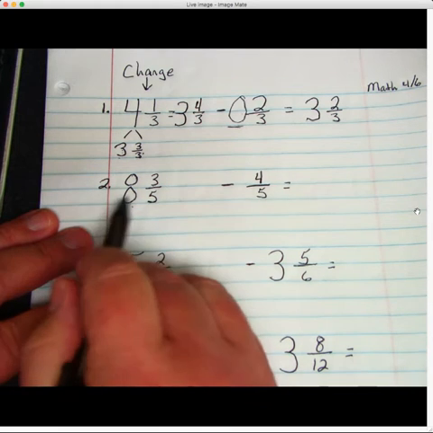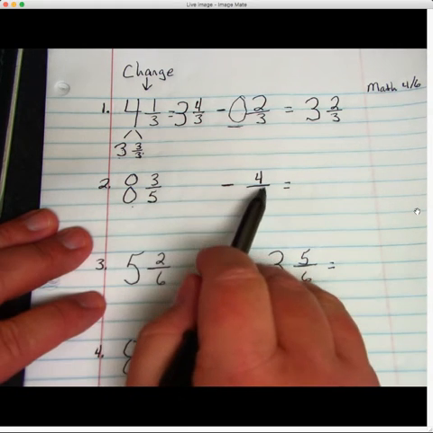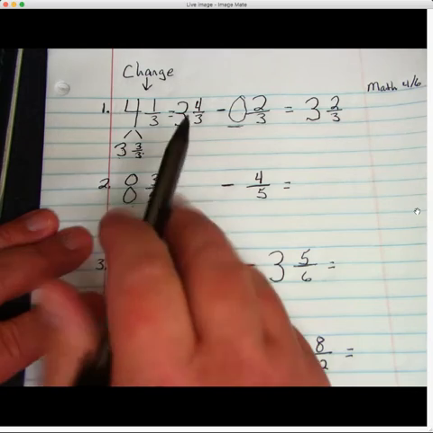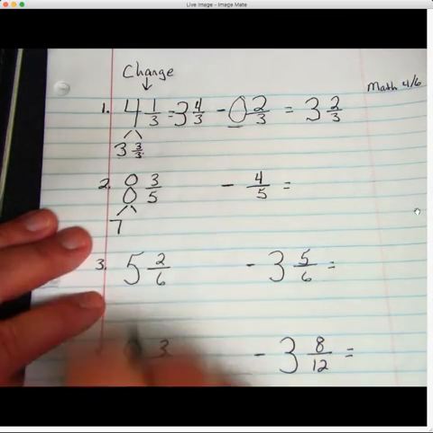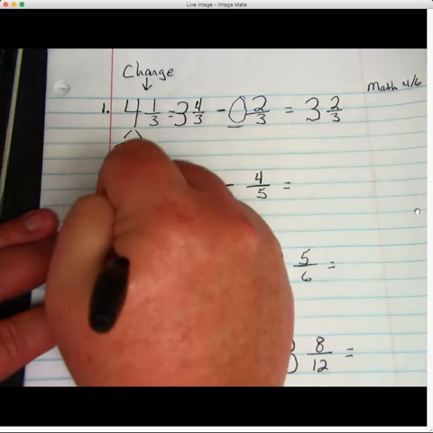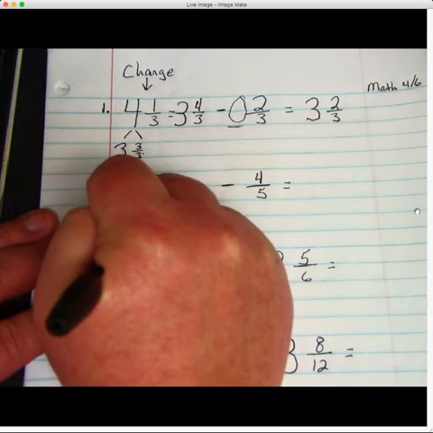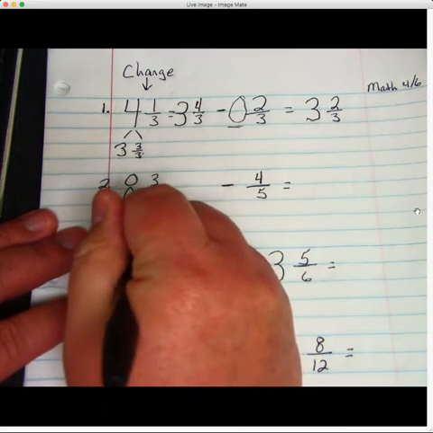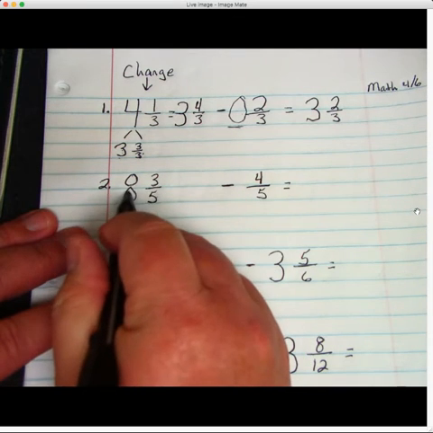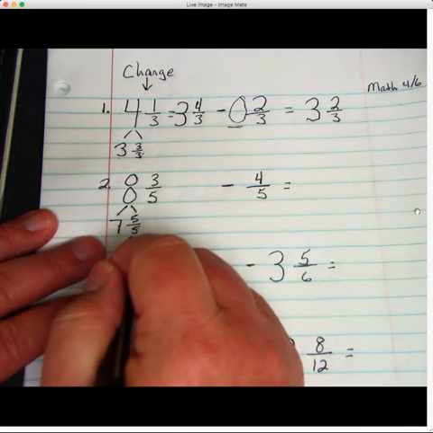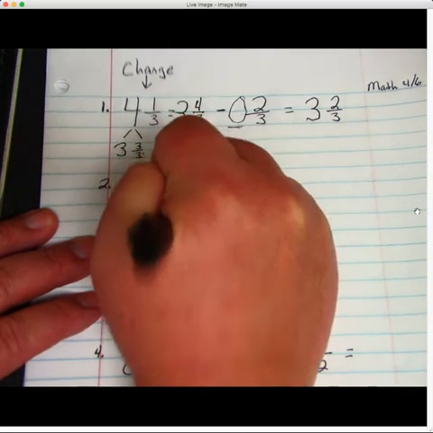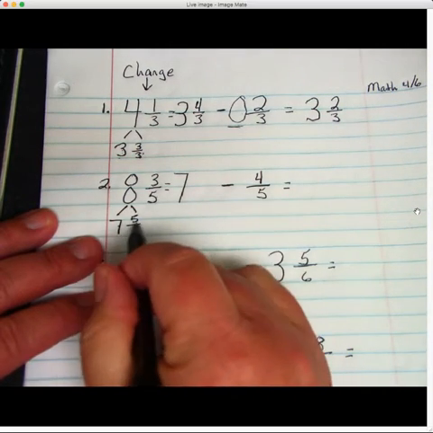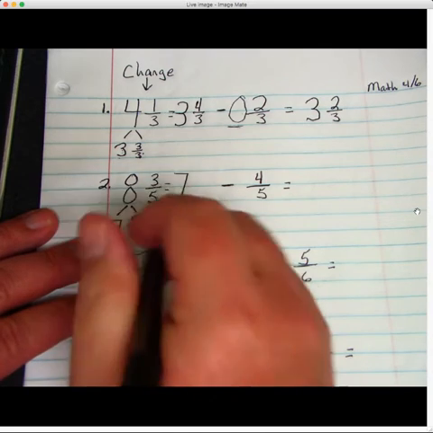Okay, so we're going to do 8 3/5 minus 4/5. I cannot take 4/5 away from 3/5. So I'm going to decompose this 8 into 7. And we're working with fifths. So 7 5/5. 5/5 is 1, and the 7 more would be an 8. So now I'm going to write my whole number up here. I've got a 7. And then I've got 5/5 and 3/5 more. So that gives me 5 plus 3,